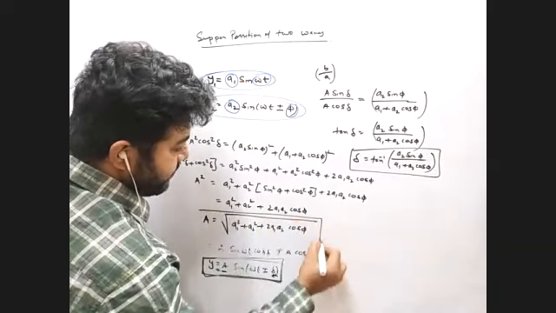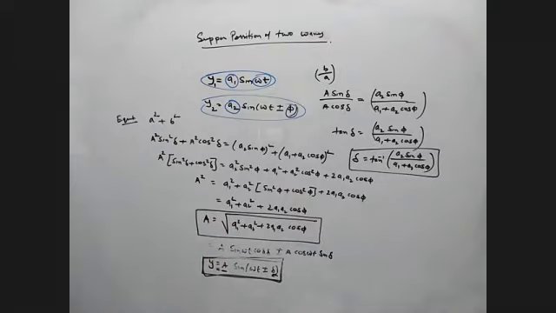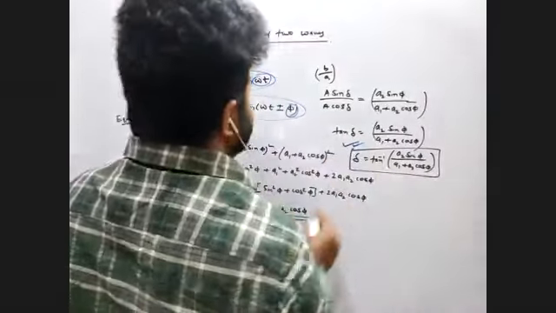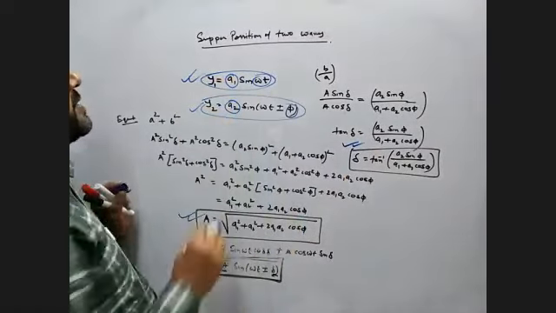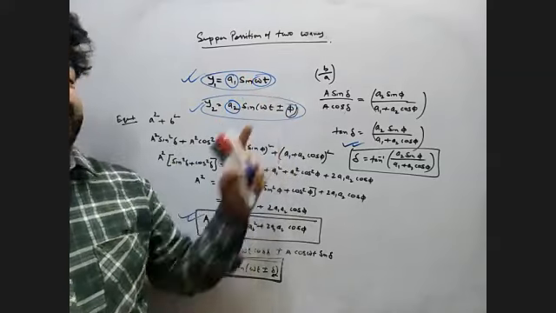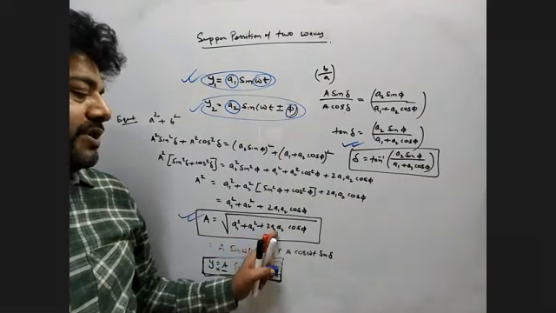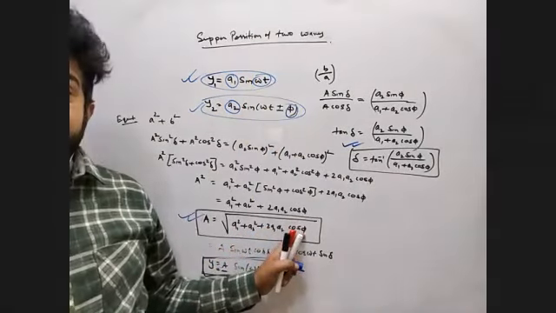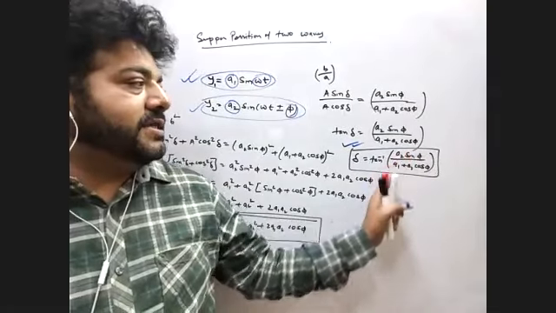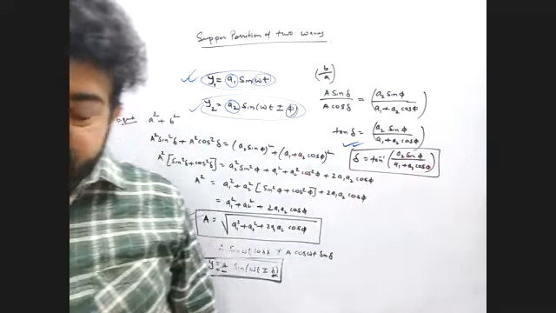This derivation is important. Sometimes they can ask you; this is the resultant amplitude. So you can find out the resultant amplitude, and you can find out the angle if you know these two waves. Suppose one is 3, one is 4. This is sine omega t, this is sine omega t plus 30. It's very simple: 3 square plus 4 square plus 2 into 3 into 4 cos 30 degree. So you get the amplitude, and with 4 sine 30 over 3 plus 4 cos 30, you get the del also. Is it clear?